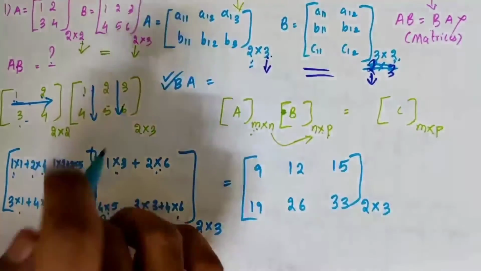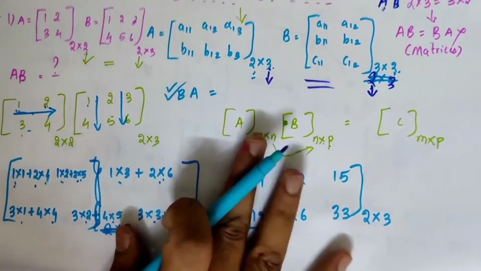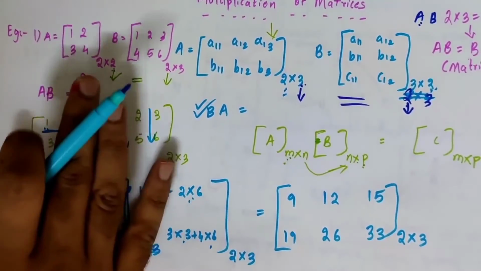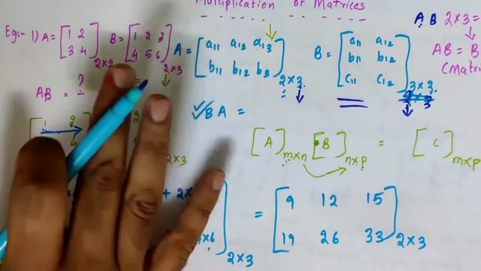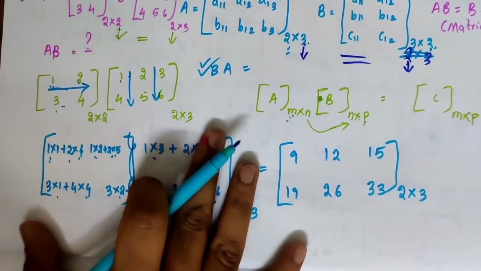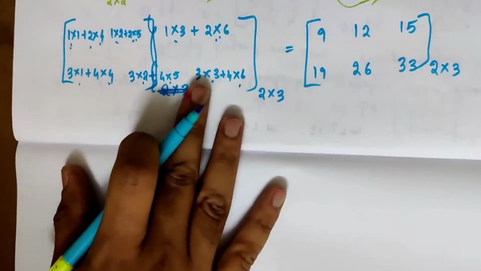In this way we do each and every multiplication. It is a very simple process, and I can't waste much time on this simple topic, so I will give you an assignment. You have to do it and comment down the answers, and I'll verify whether you did it the right way or not. The question I am assigning for you is: